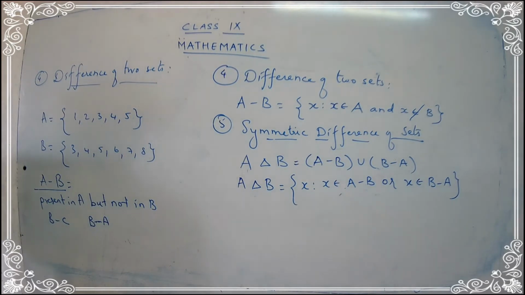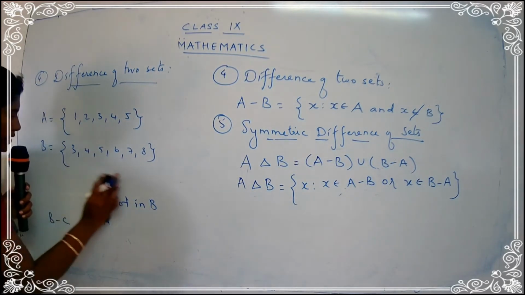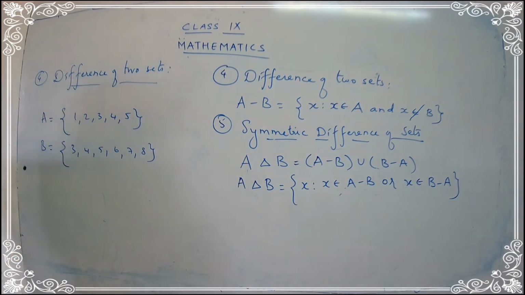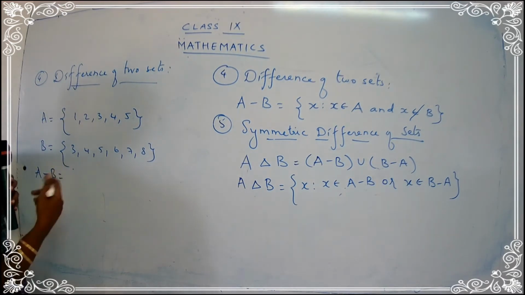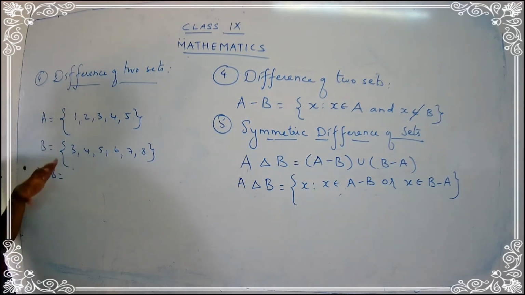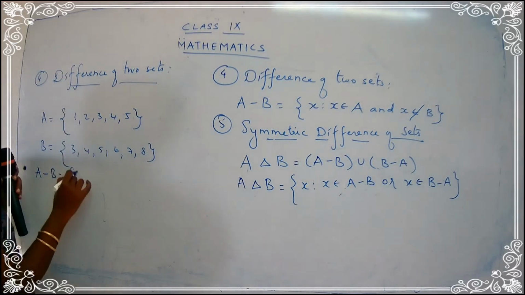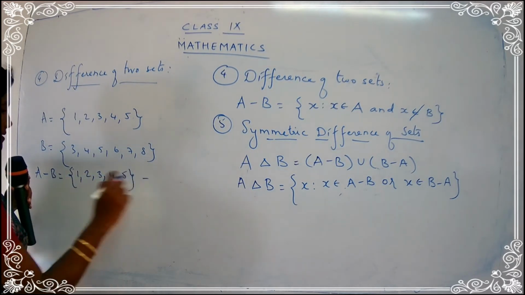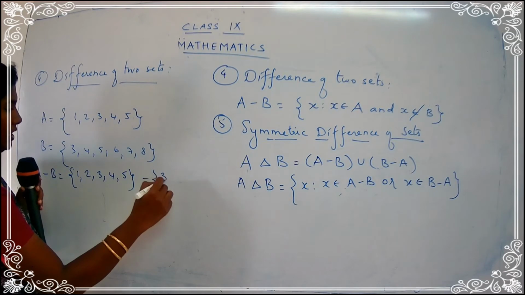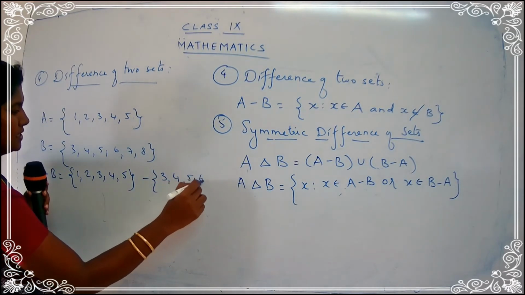So let's try to find out the members over here. For A minus B, I'll just write down the values so that it will be easy for you. Actually, we can do it directly, but I'll do the first example using steps, and the second sum will be done directly. We have to observe the sets and write the answers directly, children. Okay, A minus B. I'll write A: 1, 2, 3, 4, 5, minus B: 3, 4, 5, 6, 7, 8.